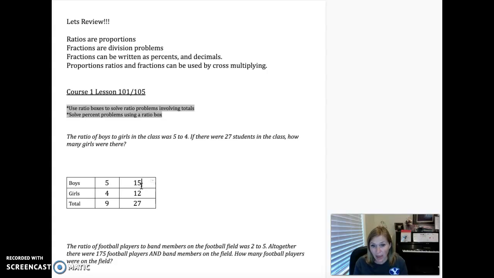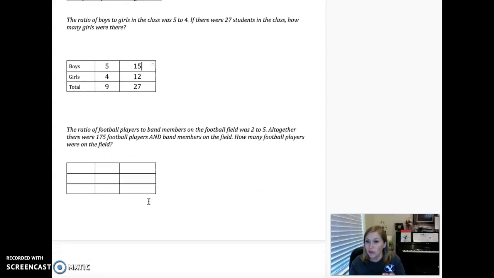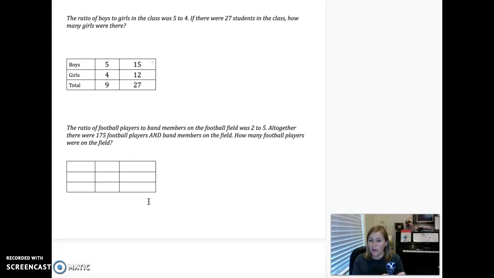Now, if you didn't see that we could do that to begin with, then you would have to say, okay, can I cross multiply? And you can, and here's how you fill it out. You say 4 times 27 divided by 9. And you're going to end up with that same 12. Okay, that same missing piece. So I'm going to do a few more just showing you how to fill out the words portion of this assignment. And then I'll go to another screen so that you can kind of see the math, cross multiplication,